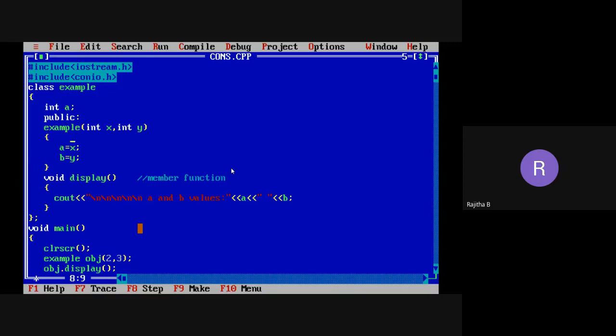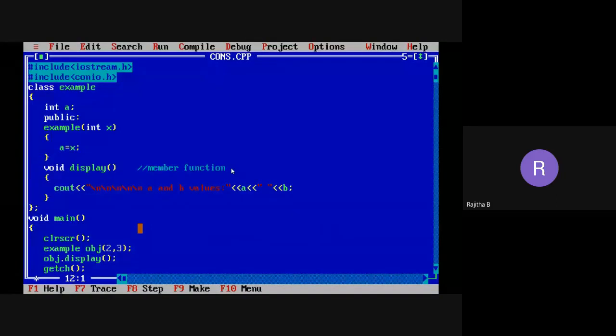I'm going to delete this, and I want to print only one value, that is the A value only. Then, what is the copy constructor?